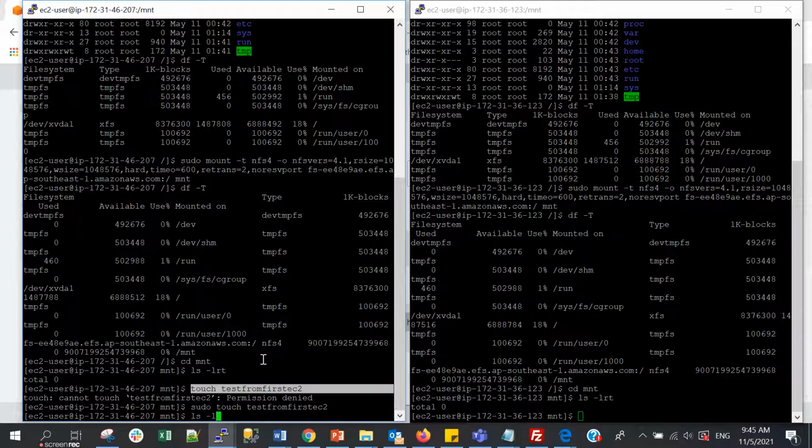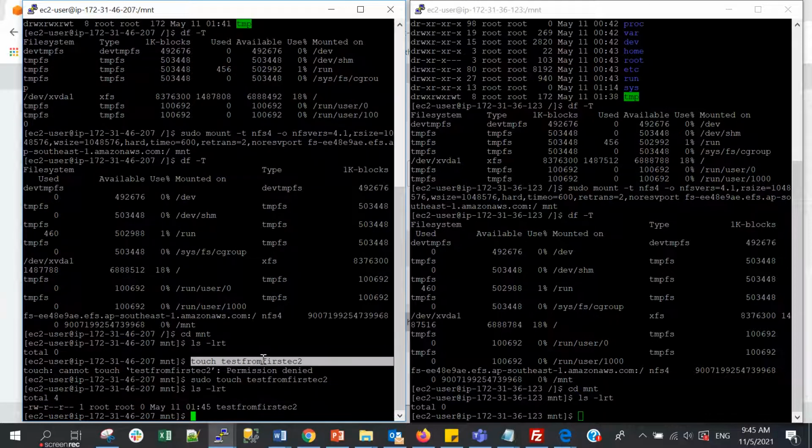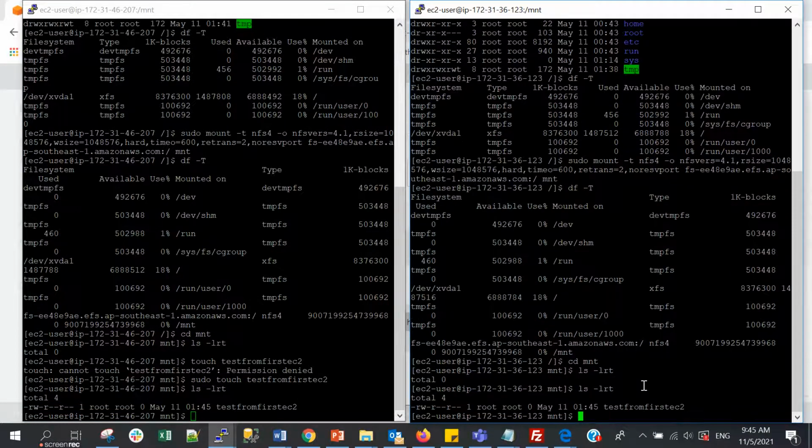Okay, if we list the files again, now we see the new file just created from the first EC2. And then let's check here. Yes, the file created from the first EC2 instance is also shared to the second instance.